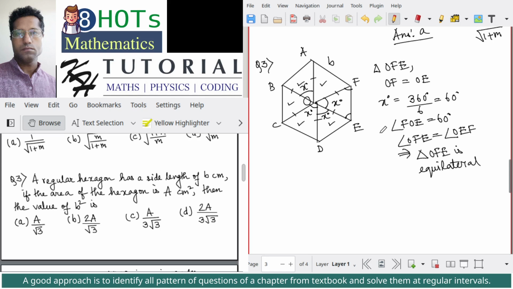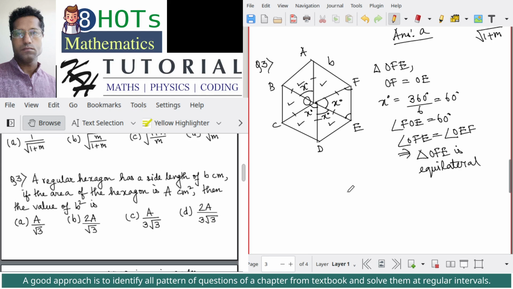Because the sum of the angles of a triangle is 180 degrees, the sum of the angles OFE plus OEF will be equal to 180 minus 60, which is 120, and they are equal. So each angle must be 60 degrees. So for a regular hexagon, all these triangles are equilateral triangles. Okay. Now we have to find